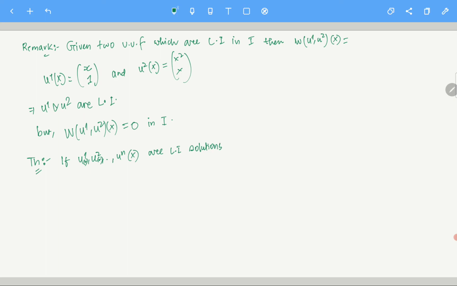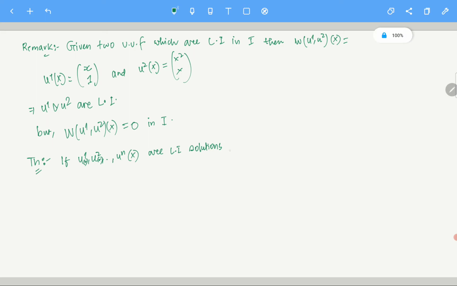So you understand? Essentially, our idea is something like this. If they are linearly independent, then the Wronskian must be non-zero. But here we saw an example where the two functions are linearly independent, but the Wronskian is going to be zero. So for now, what we are going to do is start with n linearly independent solutions, u1 to un,